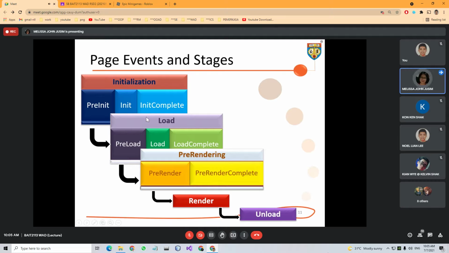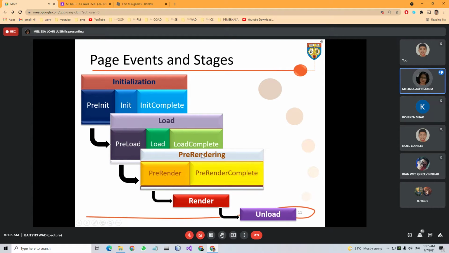If there's any postback, it will be handled during this particular stage. And if there are any view state values, the values we want to retain, then they will be handled during the loading stage.